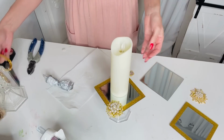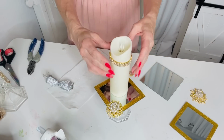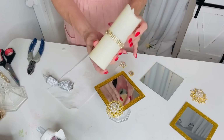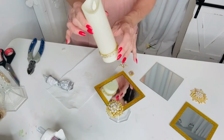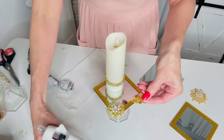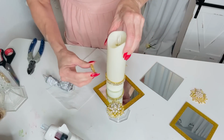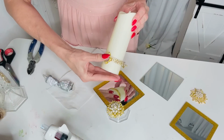And these are just some pretty little candles I ordered off of Amazon. And then Totally Dazzled also has these pretty little bling. I think they're supposed to be for napkin rings, but they fit perfectly on these candles. So I thought that was kind of a fun idea. And then I even went a little bit extra and added another jewel. So I thought it'd be nice to maybe do just 2 plain candles on either side and then do one